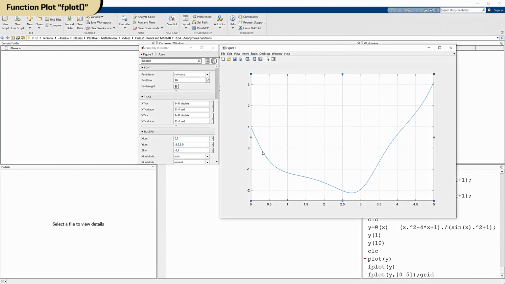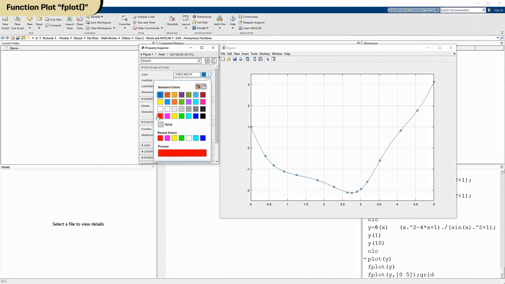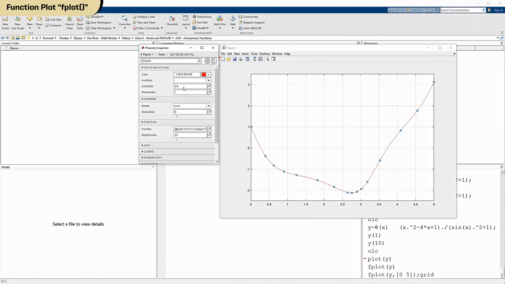I can change the color like we've done before, and I can change the line width and all this other stuff. There's one interesting feature here. Let me turn that off for a second. This nice smooth curve here, it must have lots of points. Well, if I go over here and I turn the markers on,